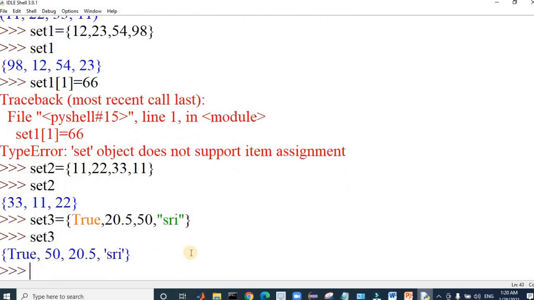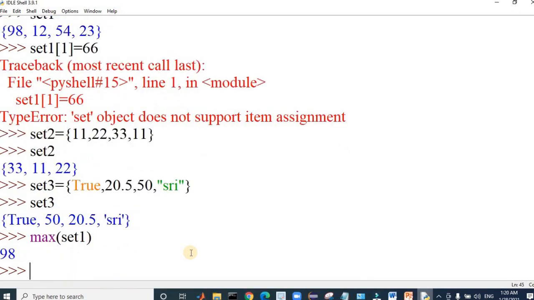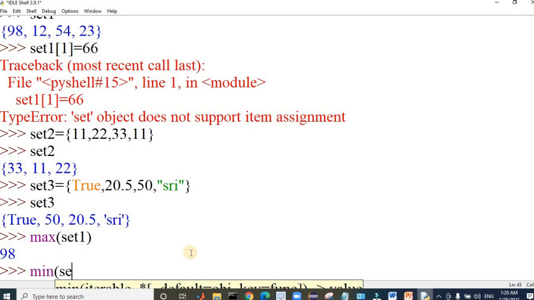Yes, it is allowing all other data types like we have just covered. Now let us see if we can fetch maximum and minimum values from a particular set or tuple. Yes, we can do that.